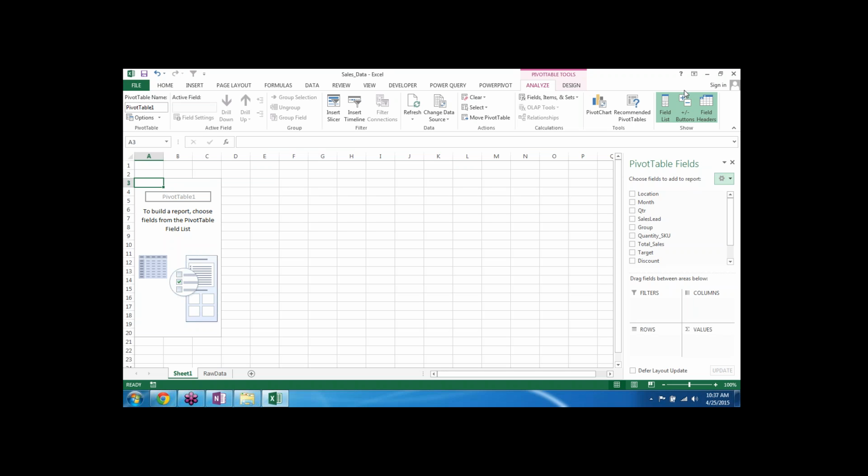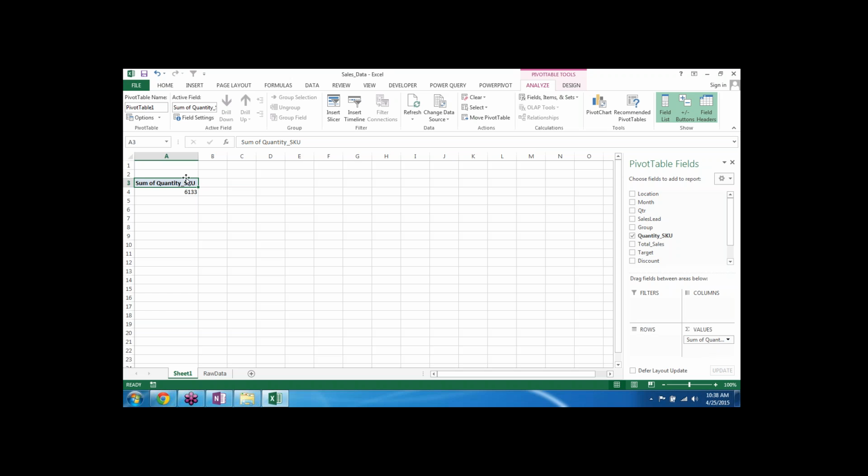Now again, I suggest that if you are working for the first time and you want to learn actually what is pivot and how pivot works, then I would suggest don't go for the new view of pivot, and don't drag and drop things here. So ideally what we do, if you just drag and drop values over here, it automatically changes your pivot.